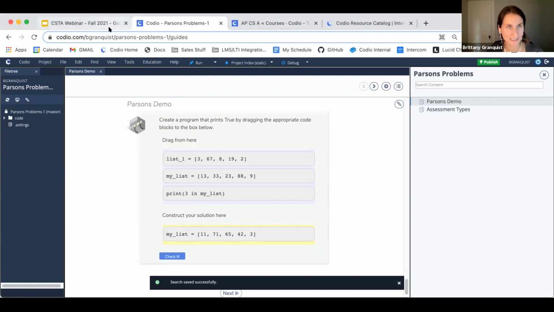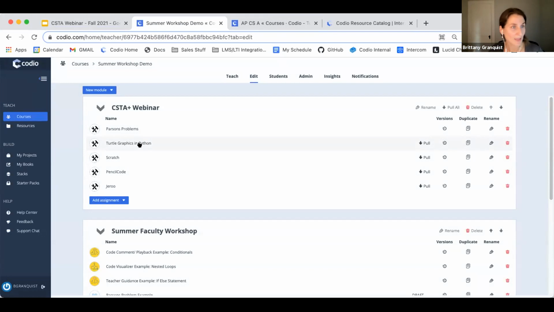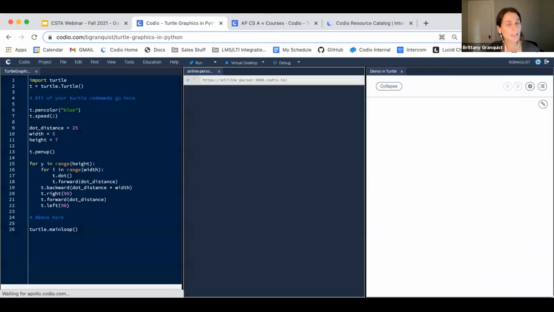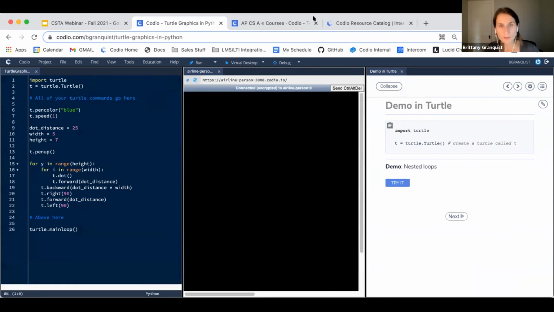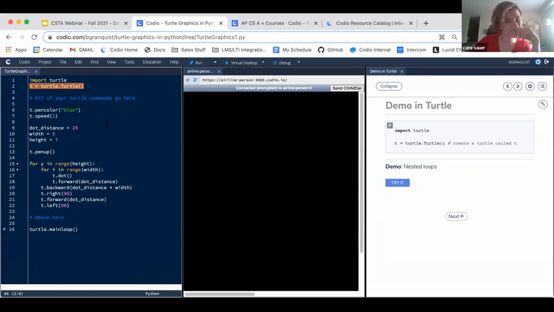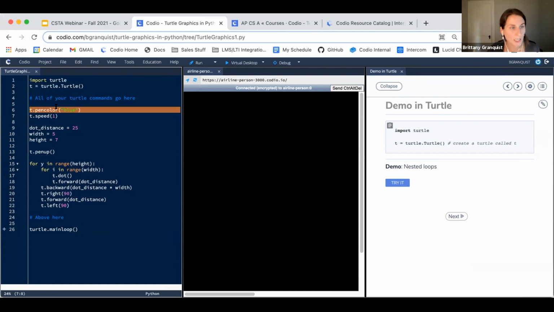Another thing that's not as easy to do unplugged, but is so powerful is turtle graphics. So if you're teaching an intro Python course, you can also make this happen in Java and C++. Turtle graphics is super easy to set up in Codio. So it just involves using the 3-panel window here, this panel being our guide, this is our code window, and then this is basically the place that once we execute the code, the turtle will pop up. So what I did here is I created a turtle named T. I'm not very clever with my names like students would be. It's going to be using the color blue and be working at a pretty slow speed at first.